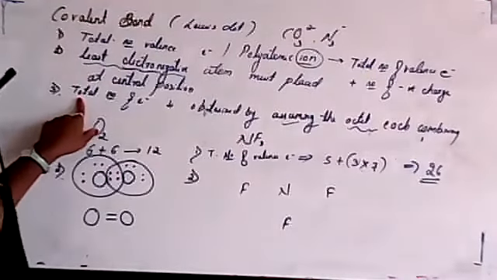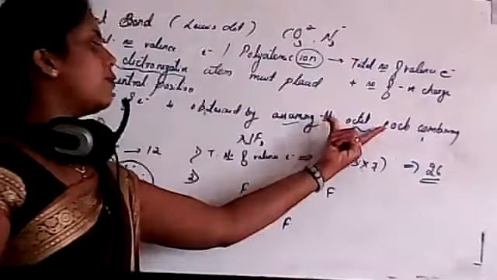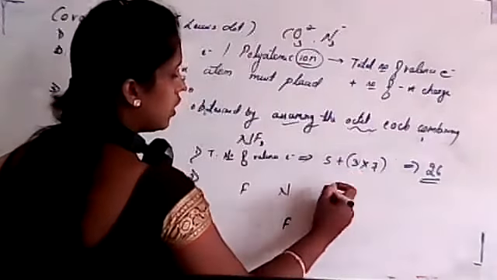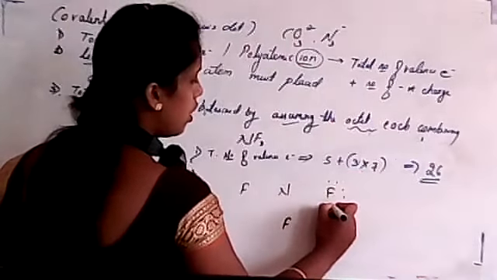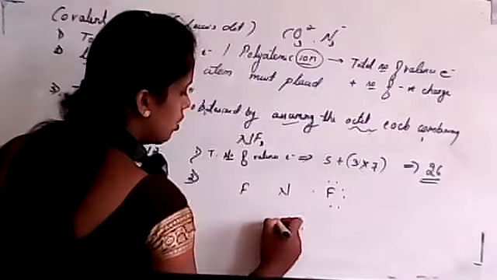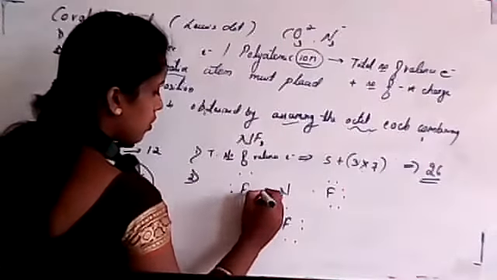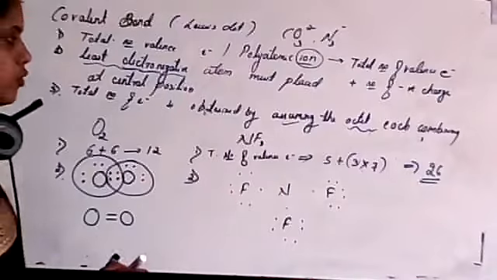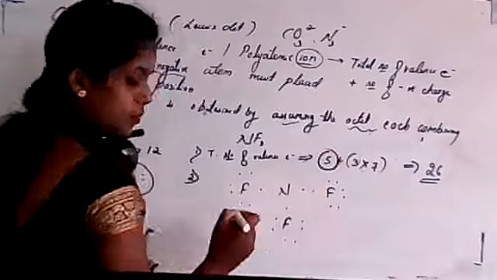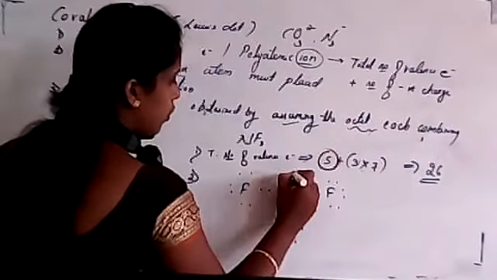Third point, you have to arrange the total number of electrons to obtain the octet configuration. Now the total number of electrons for fluorine is 7: 1, 2, 3, 4, 5, 6 and 7. Isn't it? Now I'll consider this one, 1 to 7, and this one, 1 to 7. If I consider nitrogen with a black marker, it has 5 electrons, so I'll mark it like this: 1, 2, 3, 4, 5.